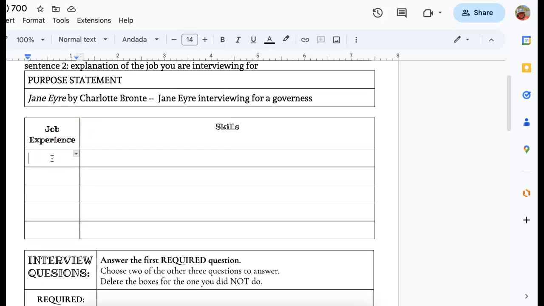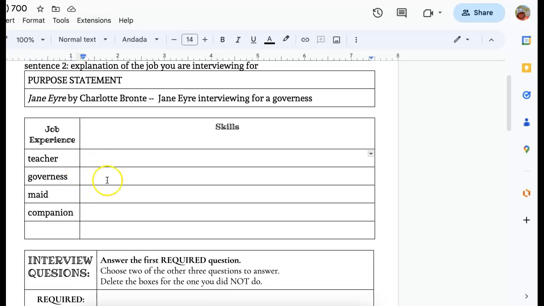So I could say, my character has been a teacher. And then I'm going to list some of the things that she's done or learned to do in order to be a teacher. She's a governess. She already has had this job. She's kind of acted a little bit like a maid at certain parts of the story. She's acted like a companion throughout the story. We said a companion is somebody who's hired to just keep somebody else company.